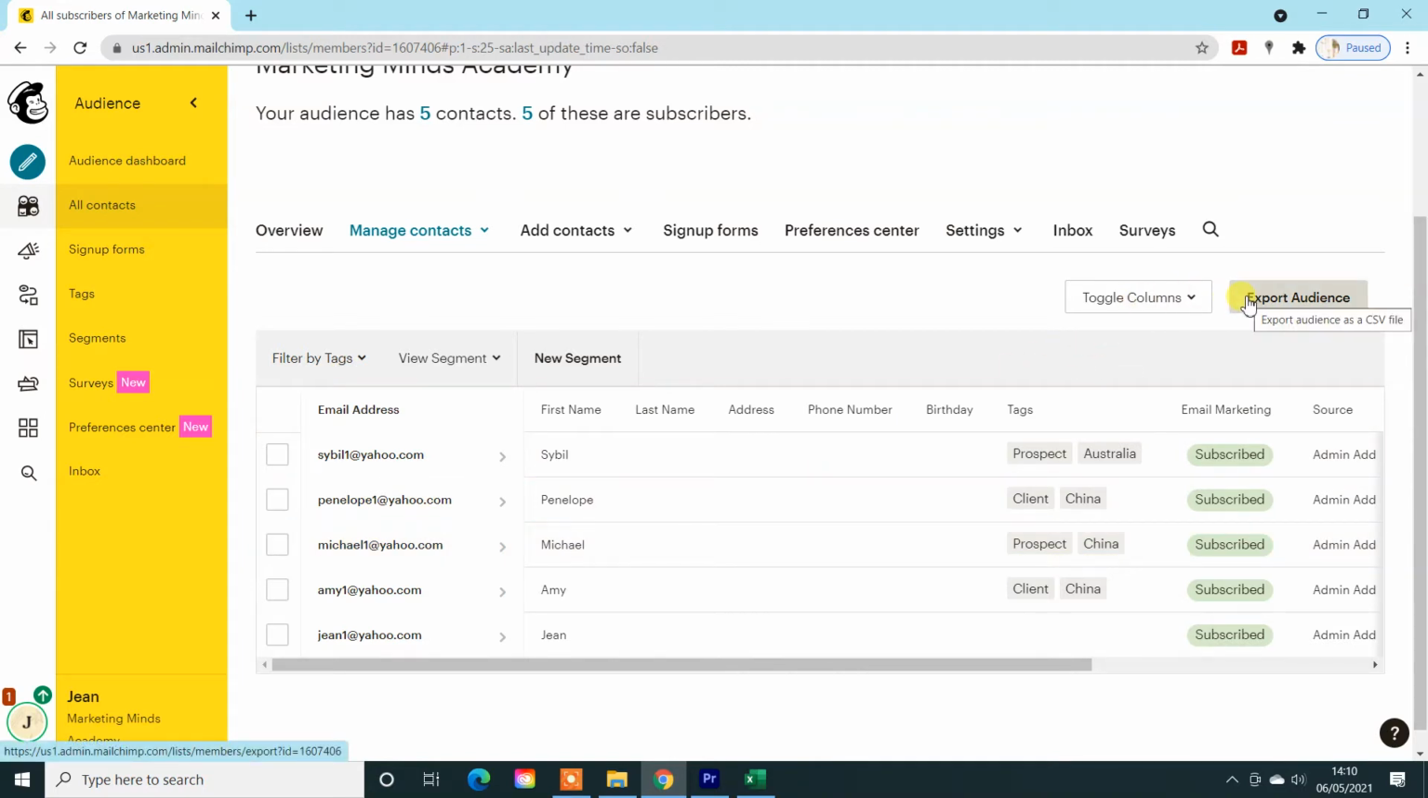Once you've exported your audience, you have to decide at that point by splitting out who's from China, who's from New Zealand, who's a prospect, who's a client, and you have to individually bulk upload those contacts. So you would have to bulk upload China clients, you would have to bulk upload New Zealand clients. It would take you forever, and unfortunately that's where this whole thing lets us down,